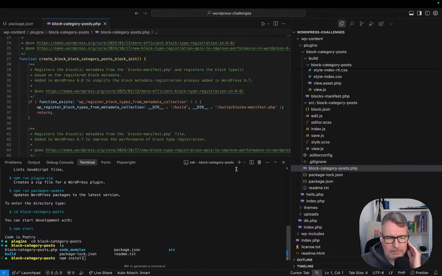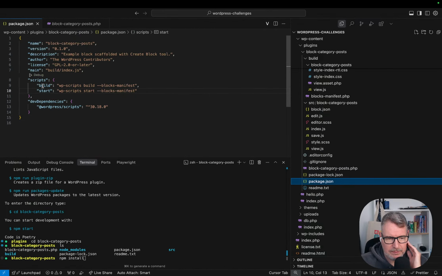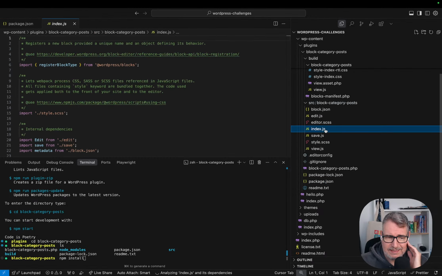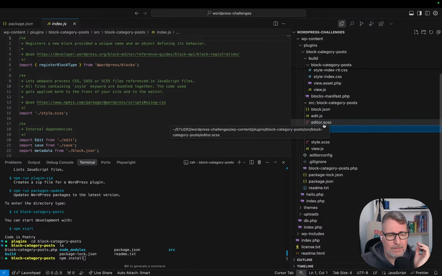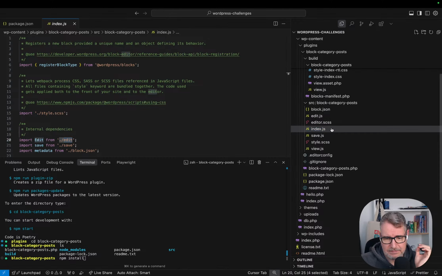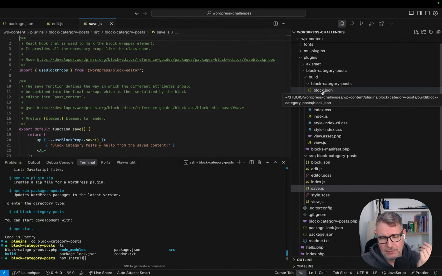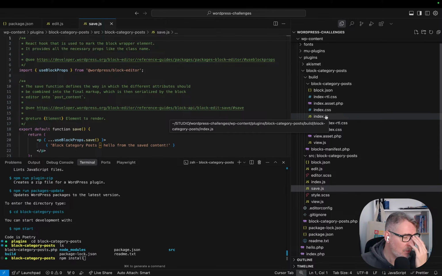So when we do npm run build, which is defined here, or npm start, it gets the index.js, and from here it also gets the edit.js, the save.js, even the CSS styles, and it generates the build version of the block, which is code optimized for production. And this is the code that we are actually registering